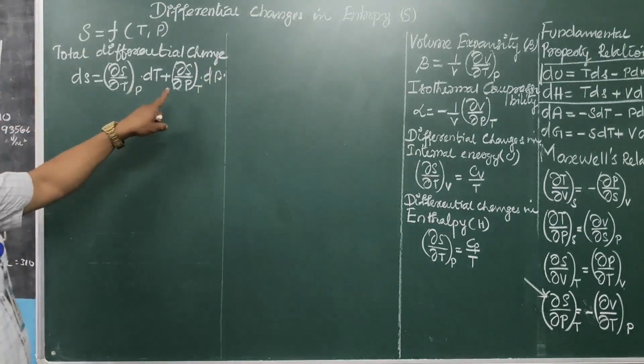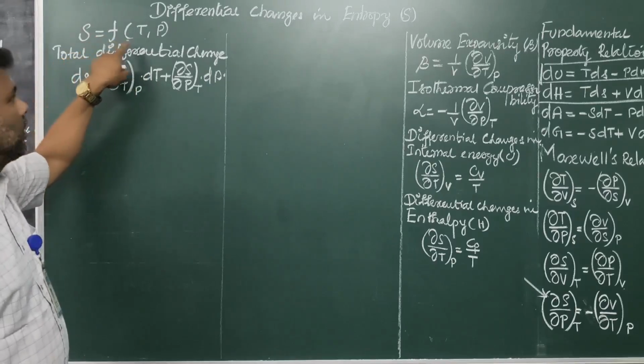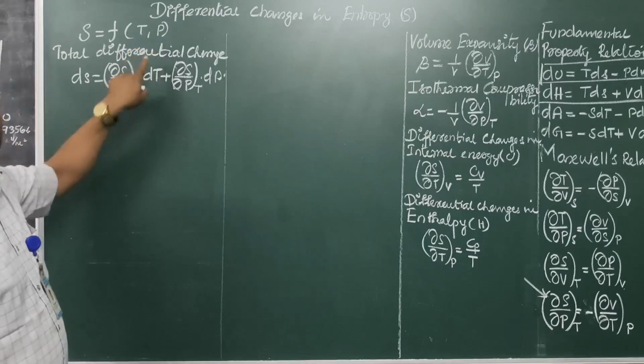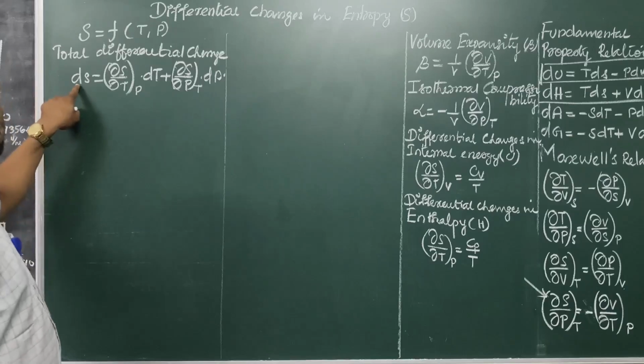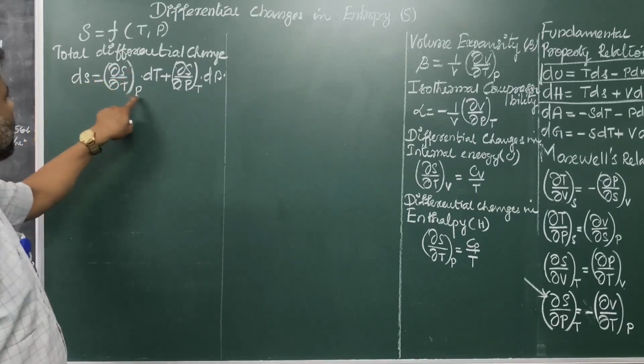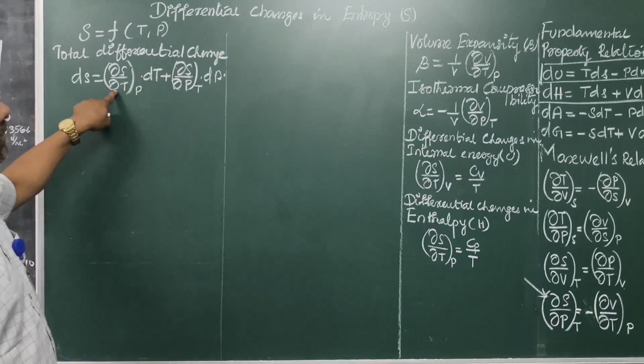This is the equation established by assuming entropy is a function of temperature and pressure. It gives the total differential changes in entropy. Dou s by dou T at constant pressure into dT is expressed from